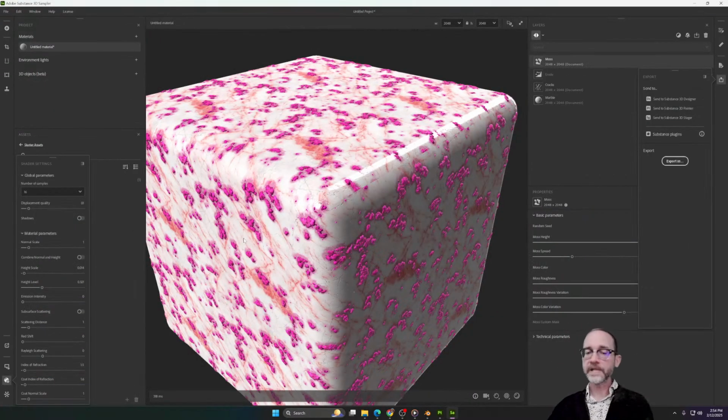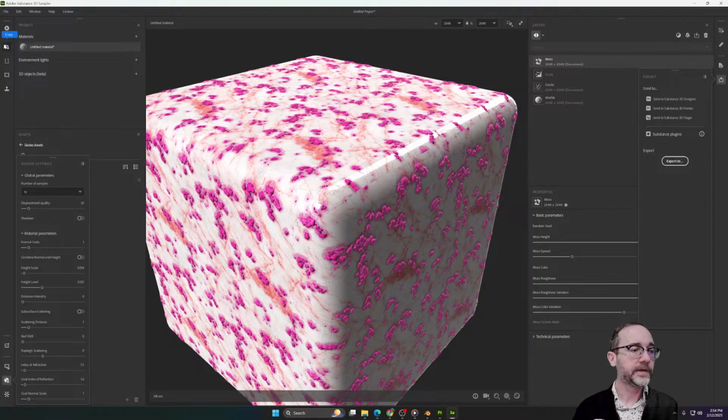So some overlap here, but in terms of you're looking for some other substance and you can't really find something that's the starting point that you want, this is a great option to design it yourself. And if we wanted to look at it really quickly,